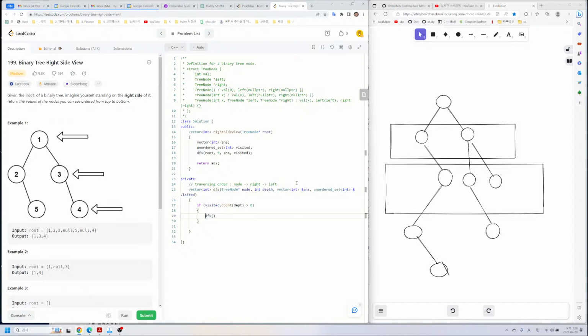And so if node right side, then what it can do is DFS, and then depth +1, the answer, and then visited. Likewise, we'll go to the left. And then here, visited, here,